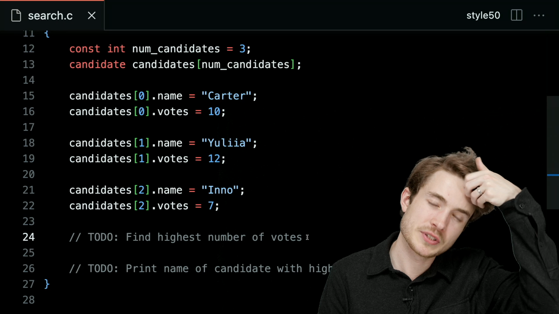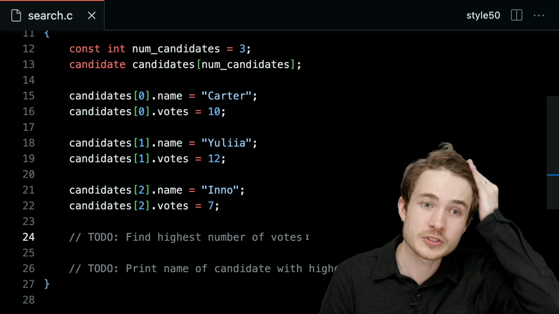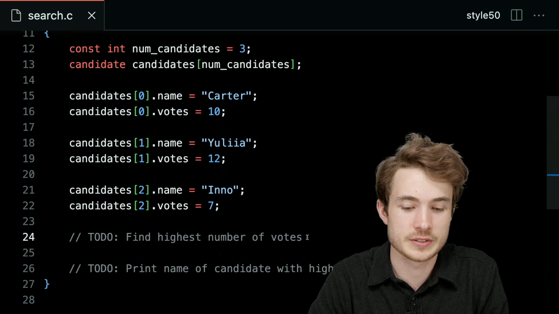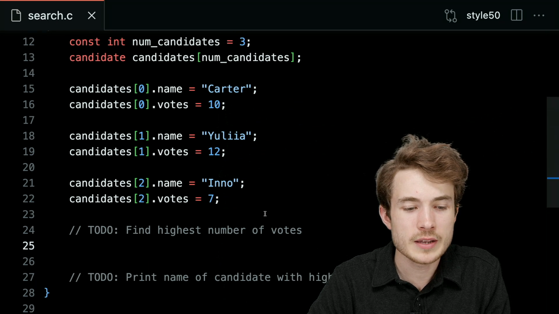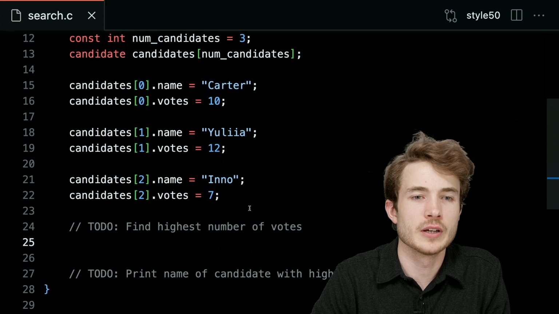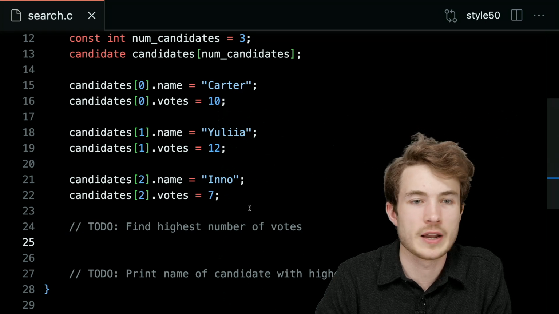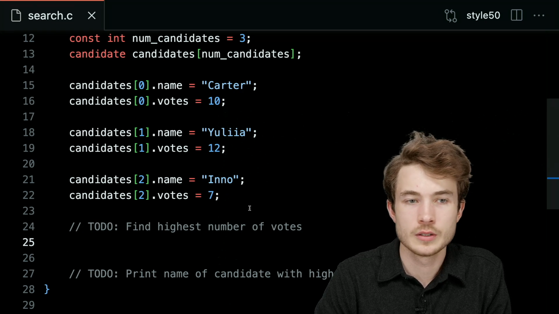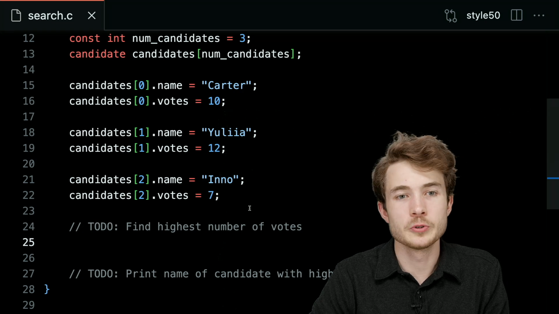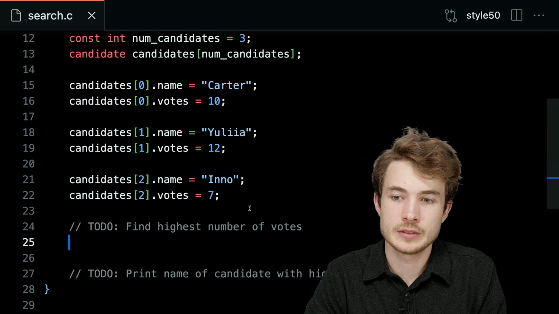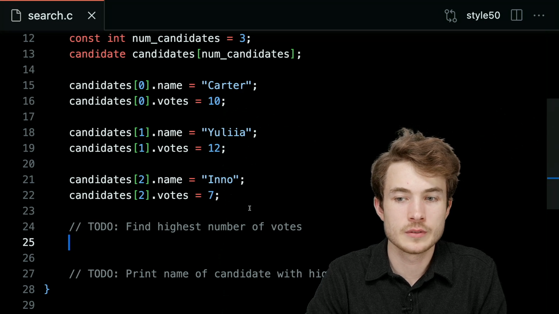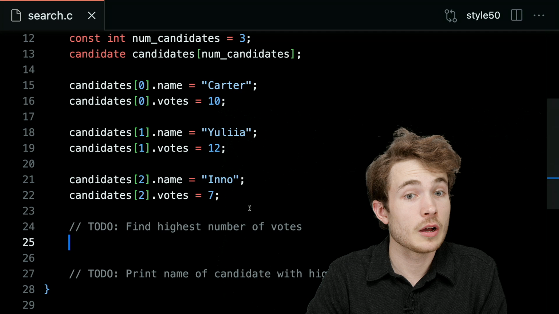So the question really boils down to, how could we use linear search to find this highest number of votes? Let me ask you, what kind of structure might be good to search this array? If I wanted to loop through every candidate, what kind of structure might be good? Maybe a for loop.